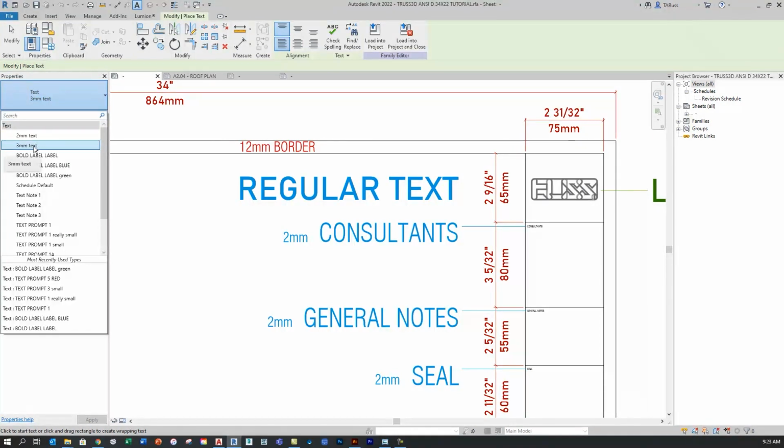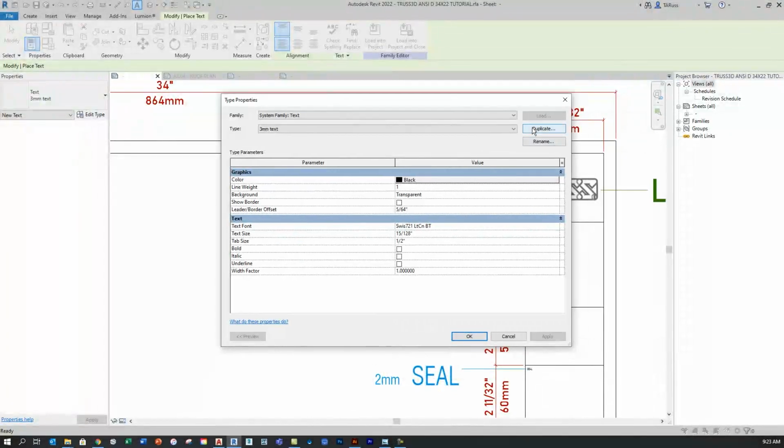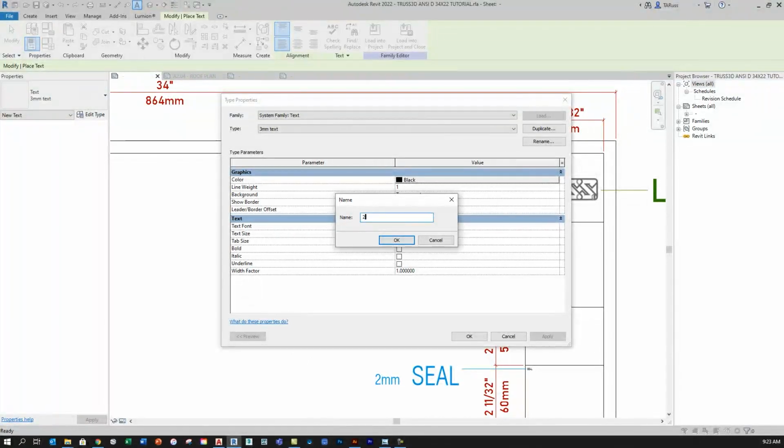So you might be starting off with something like 3 millimeter, whatever it might be. You want to click on Edit Type and then make a duplicate. And you'll want to call this, of course, your 2 millimeter text. All right, and I have to add that little bit of extra text because I've already got a 2 millimeter text type in here. So create the proper name, and then I would switch the background type to transparent